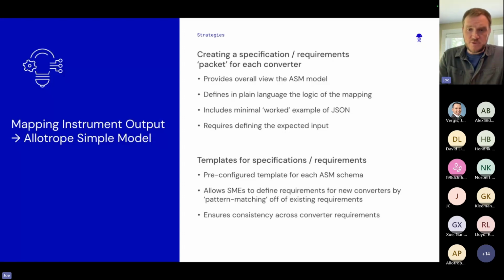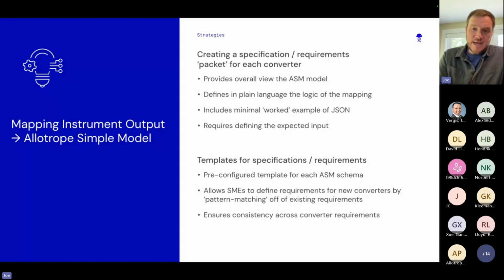And very often we have to say, these things need to have specifications. You have to say, we expect this format from this instrument. And that might not be all the formats that instrument produces. And then taking this one step further and actually trying to create templates of this, so having a pre-configured template for each of the ASM schemas that we're trying to target.